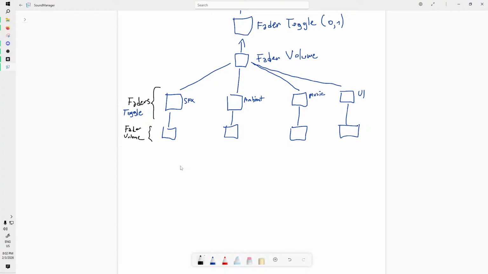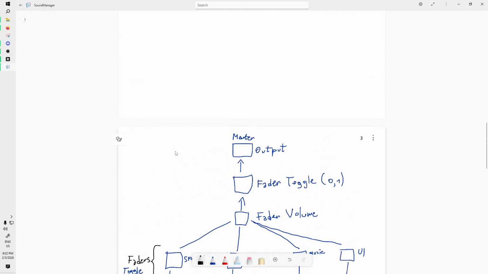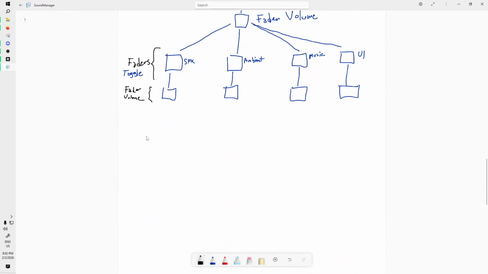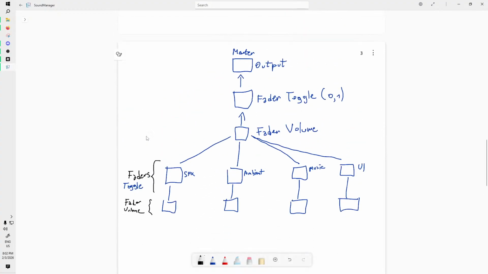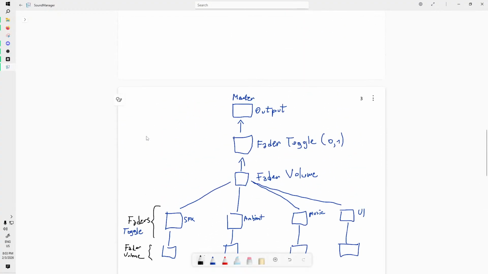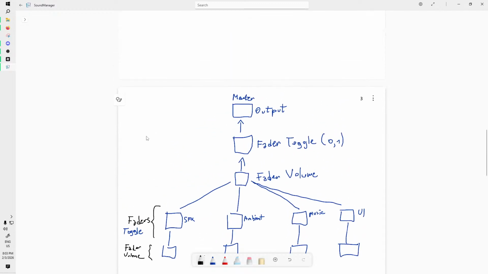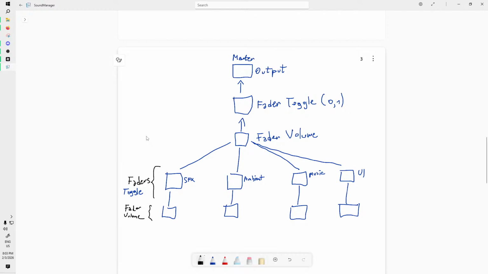Now, achievement. Okay, and after the fader volume, in sound effects, we need some fader volume. Okay, so the fader volume will get all the input, and here